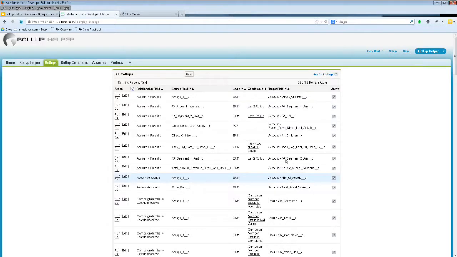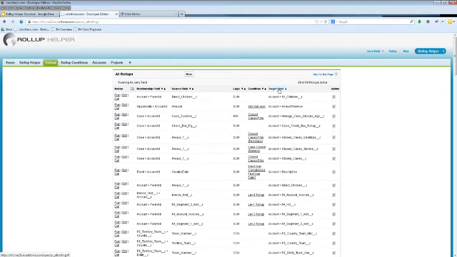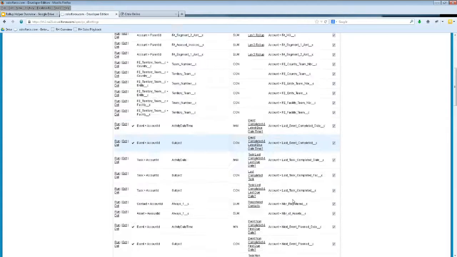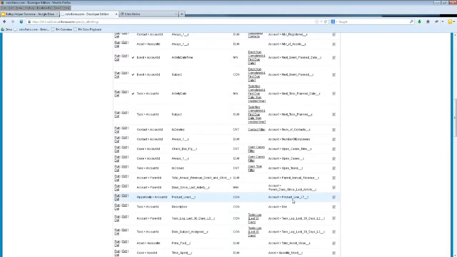And when I do that, anytime you click Save on this screen, it takes you back to the All Rollups view or the Rollups tab. So you can see all the different rollups that you've created. Again, if I sort on the target field column there, I can more easily find the rollups that I have in my system if I have a lot of them. And you can see here's that rollup field that I created, the rollup field called Open Cases New,